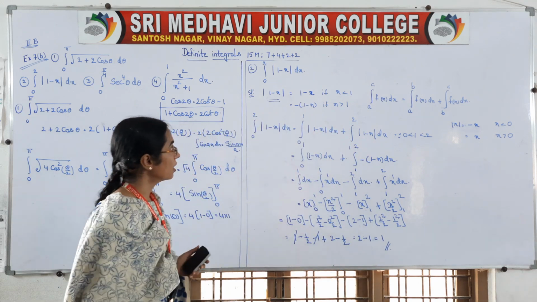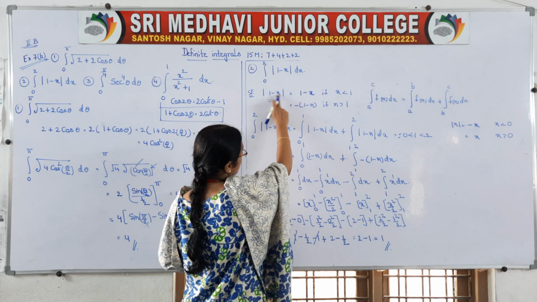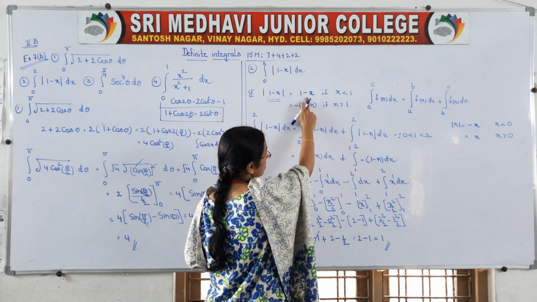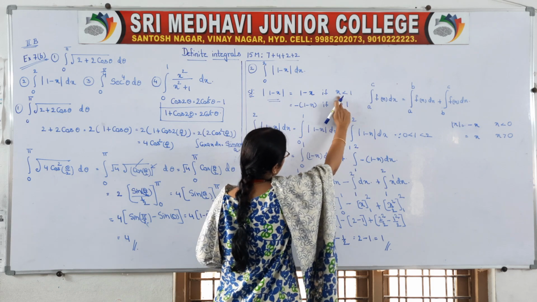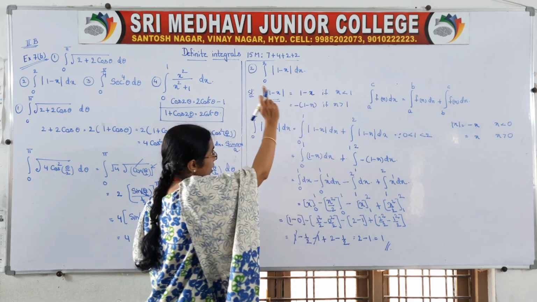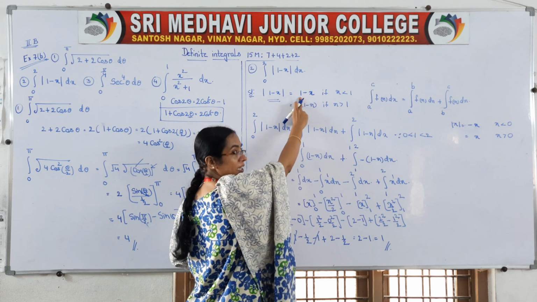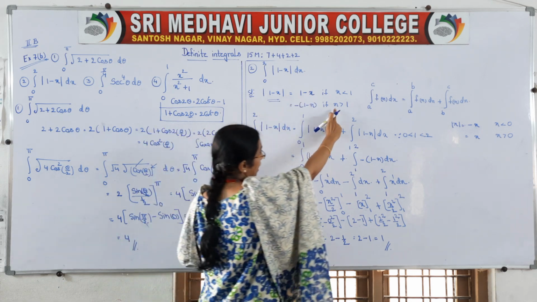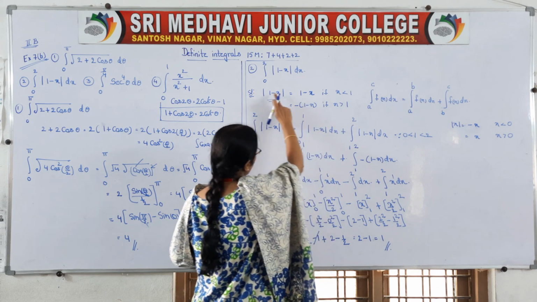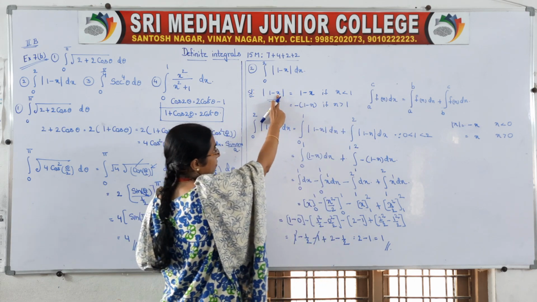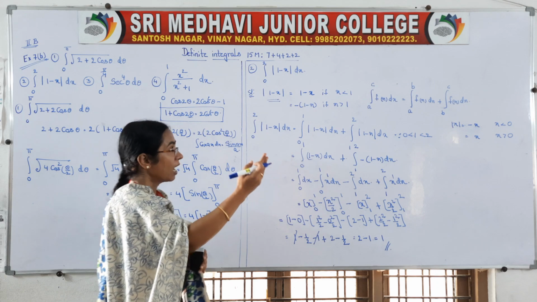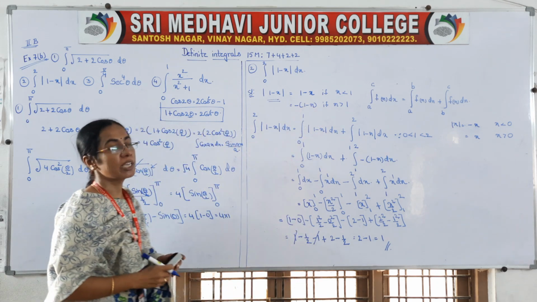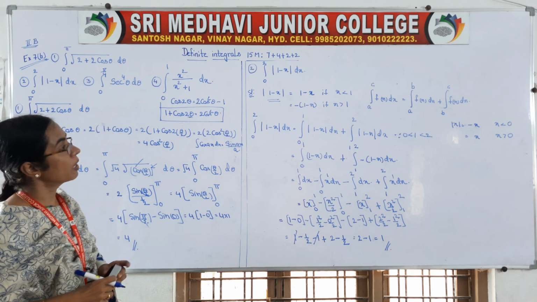But here we are having 1 minus x. So whenever it is 1 minus x, first we will get a positive value when x is less than 1. What happens? This value will be the higher value. Higher value minus negative means positive. But when x is greater than 1, observe, this value is greater than 1, means the negative value is the higher value. So the entire value will become negative. Okay, be careful.